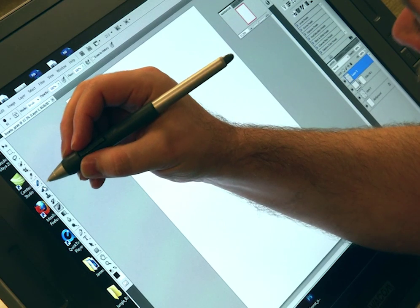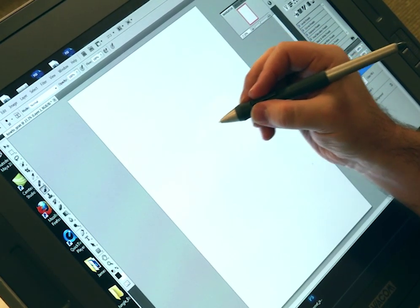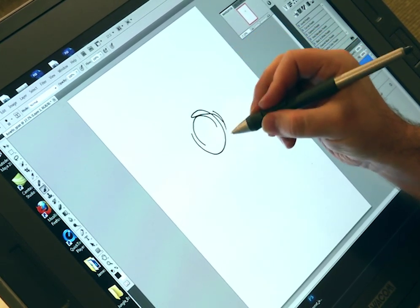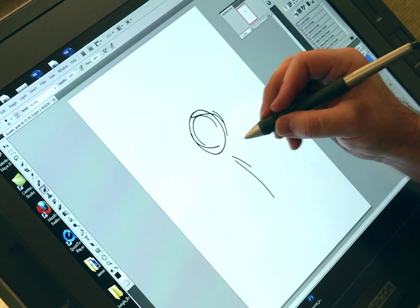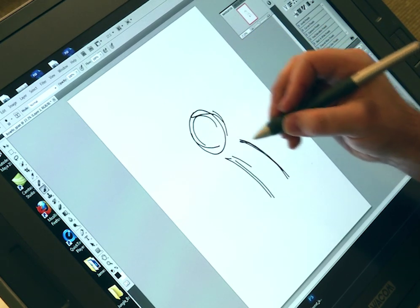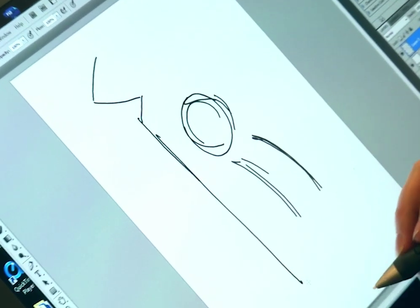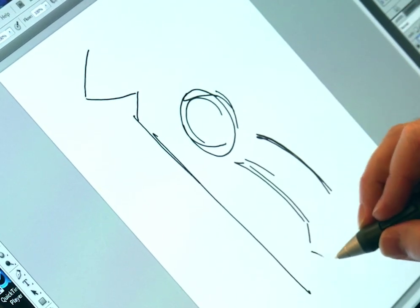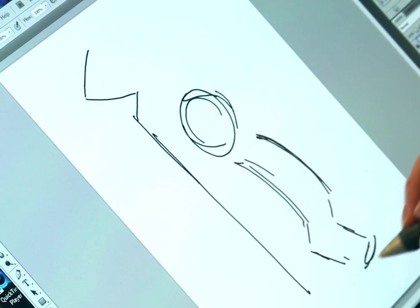So Gran is the elderly grandma of the Croods, and she's kind of low and little and bent over, so I'm just going to start by doing a real quick sketch of where I think her major parts of her body are going to be. So I got her head and her sort of bent over body, and she's got this long sort of staff that she holds on to, so I'm going to draw that in early, make sure it fits on the paper. And then she's got these little legs with bent knees, like that, and kind of big flat feet,